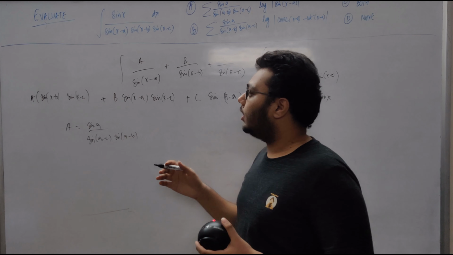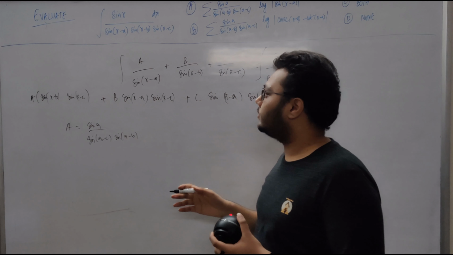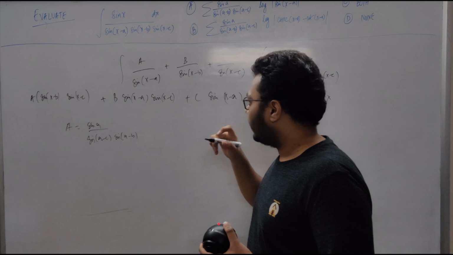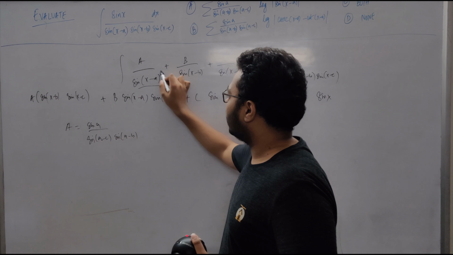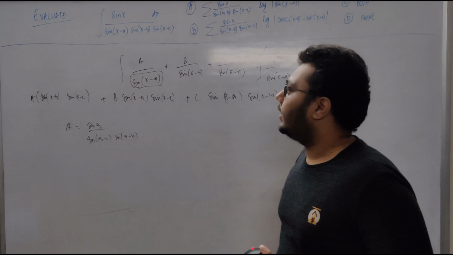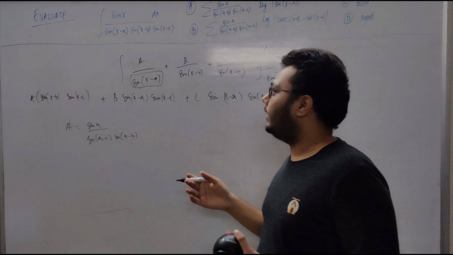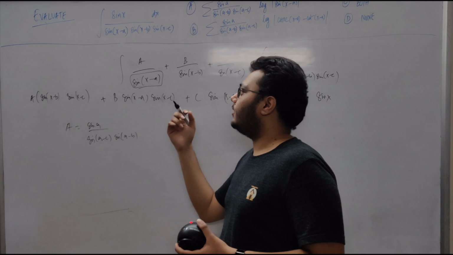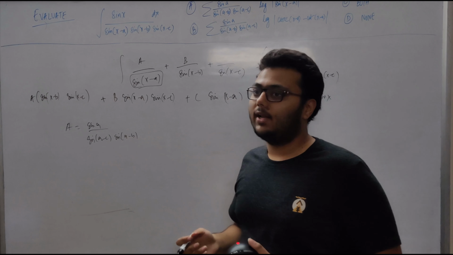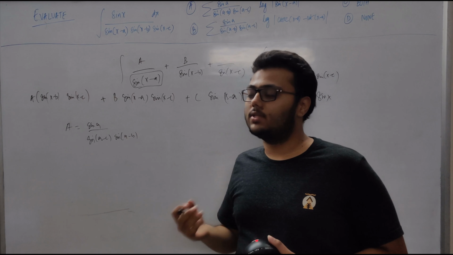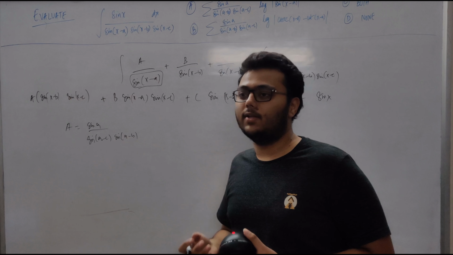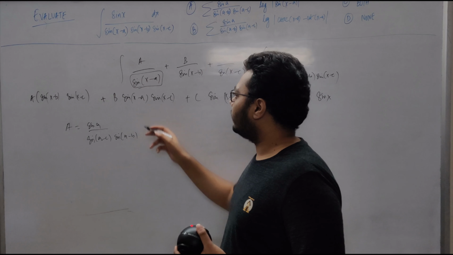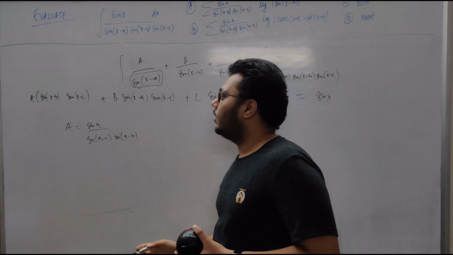And the cool observation over here is that the only x term in this integral is sin of x minus a, and we don't have any other x term, so the integral will depend on this thing. If we have only sin of x minus a, we will get log of cosec of x minus a minus cot of x minus a, only if this is the only x term.